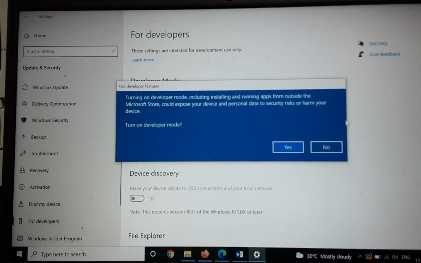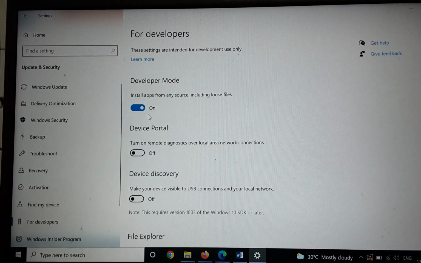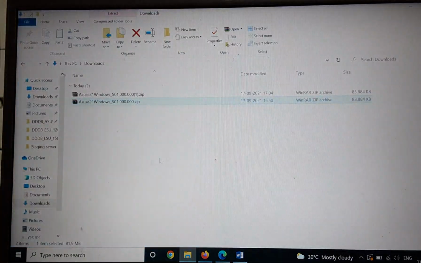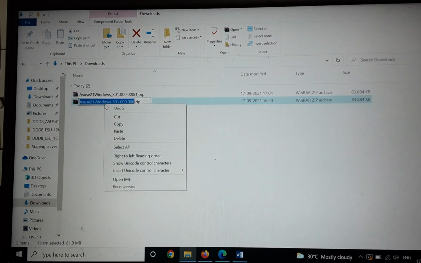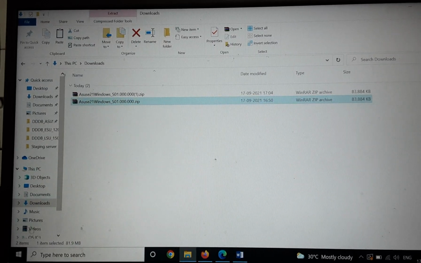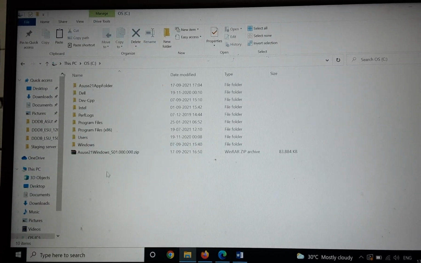Click on this so that it can be enabled. Okay, so this way we have kept our developer mode on. Now close this window. Now copy this downloaded folder and paste it into our C drive. I have already pasted it.